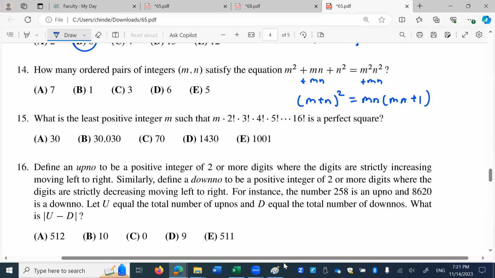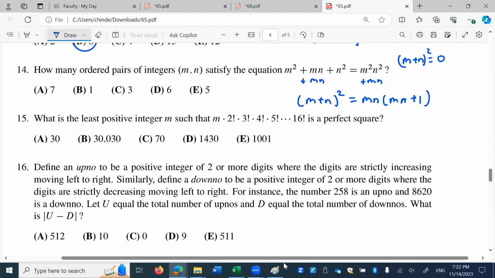And so when can a square be a sum of consecutive integers? Well, it's possible that m plus n is 0. And that's the only possibility, because if you take any other pair of consecutive numbers, let's just go through the possibilities. 0 times 1, okay, that's 0. 1 times 2 is 2, that's not a square. 2 times 3 is 6, that's not a square. And as we go on,